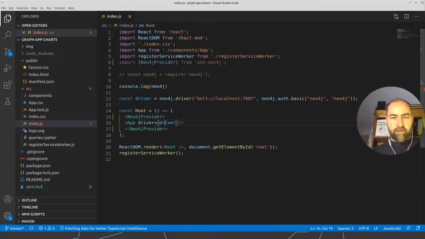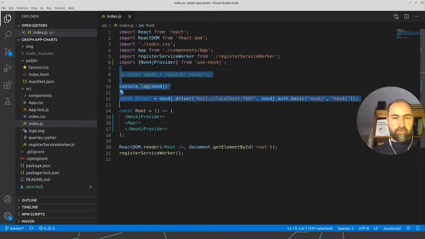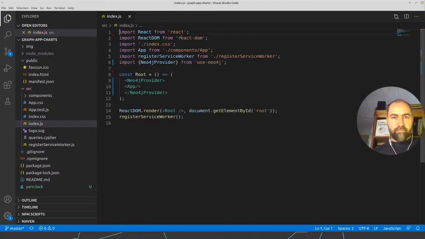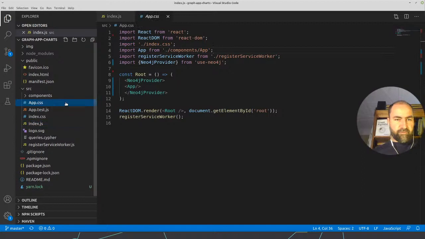Right, and we don't need a driver here anymore. So all this driver management goes away, which is really nice. I'm actually not sure about the register service worker. I hope that's something we don't need anymore in the future.